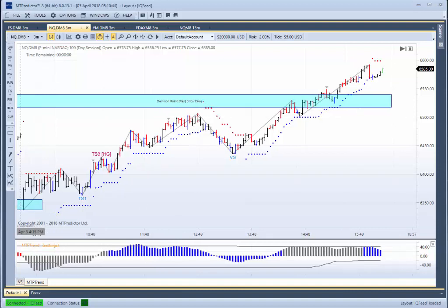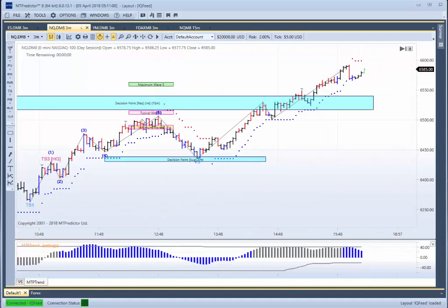If I right mouse click here and do Elliott Wave Intermediate, this is a bit more of an advanced use of our MTPredictor software program. You can see the market rallied in a 5-wave sequence off that TS1 buy setup. On a completed 5-wave sequence, the initial target is normally the DP off the prior wave 4, so the DP support zone here. Again, this would have been on the chart in advance. And can you see how the market came down into this level? Remember, this would have been on the chart before the market even got there,